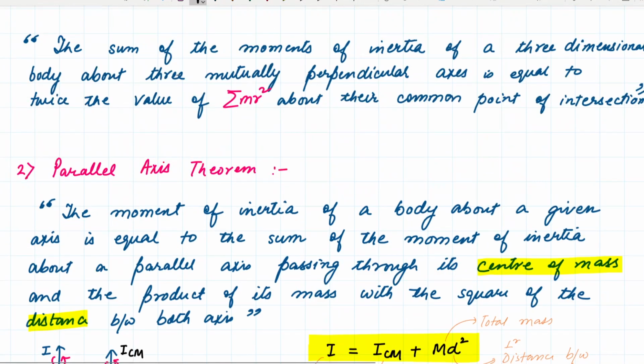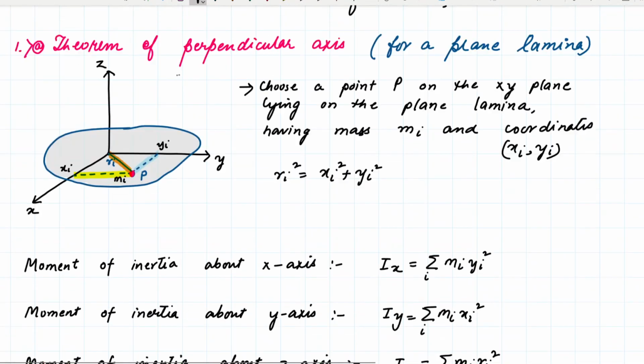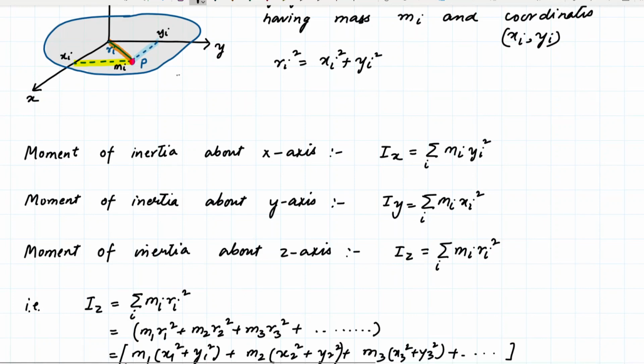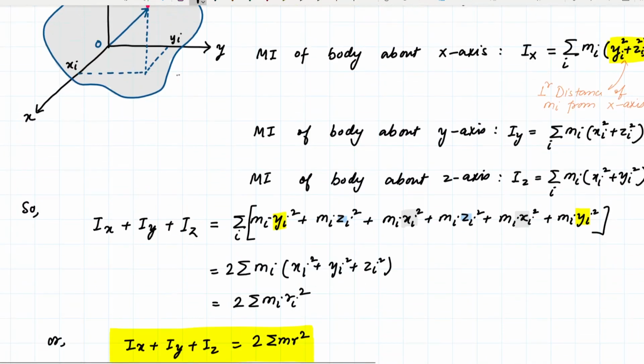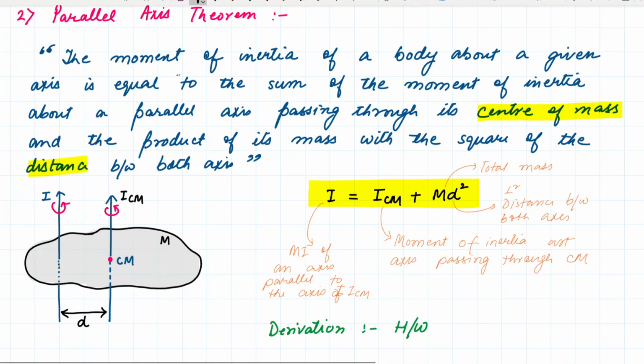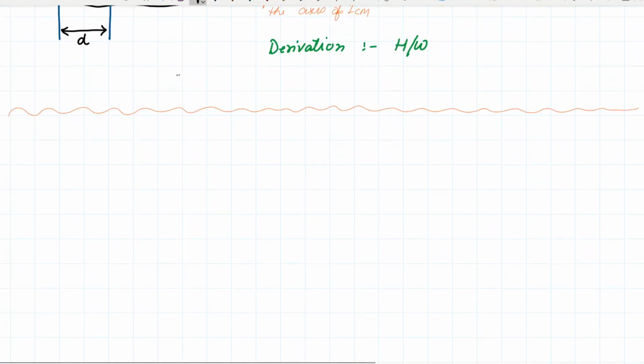Okay, so these are the 3 different theorems. One is the perpendicular axis theorem for a plane lamina, another is the perpendicular axis theorem for a 3-dimensional body, another is the parallel axis theorem for a 3-dimensional body. Okay, so let us calculate moment of inertia